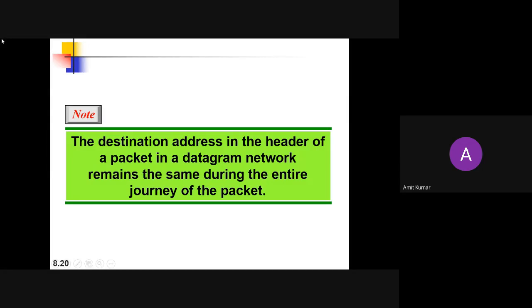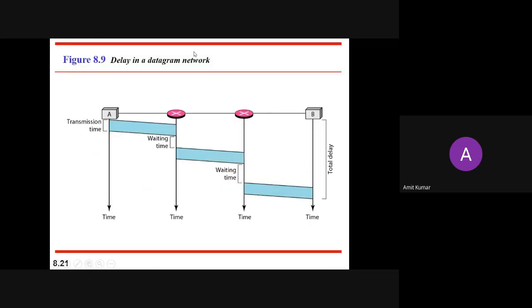Now we see the delay in this network, the delay in a datagram network. Sometimes it may happen that the delay in a datagram network will be higher than in the virtual circuit network. Previously we have seen what a virtual circuit network is. In the virtual circuit network, first we choose the best path, out of 100 or 1000 paths, and that path will be the same for all the packets. That is done in virtual switching.